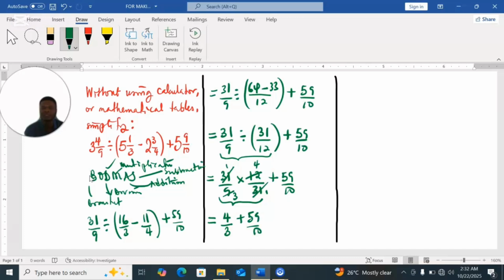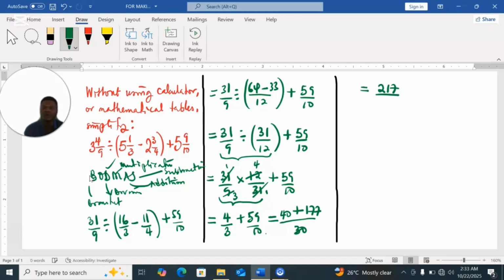At this point, we can now take the LCM. The LCM of 3 and 10 is 30. So this will become 10 times 4, giving you 40, because 3 in 30 is 10, and 10 times 4 will give you 40, of course. So 10 in 30 will give you 3, and 3 times 59 will give you 177. So adding that together will give us